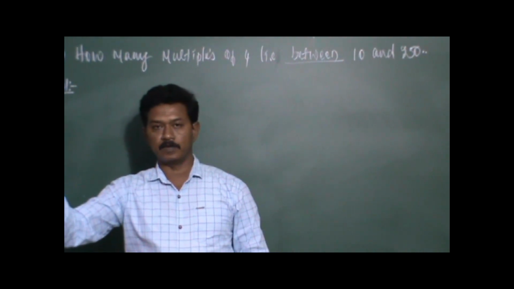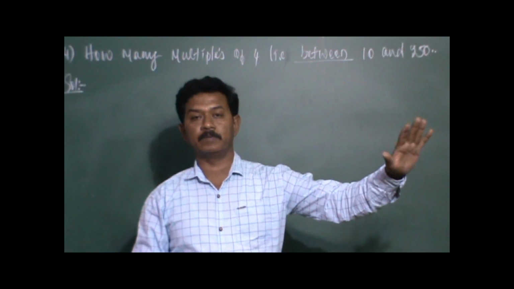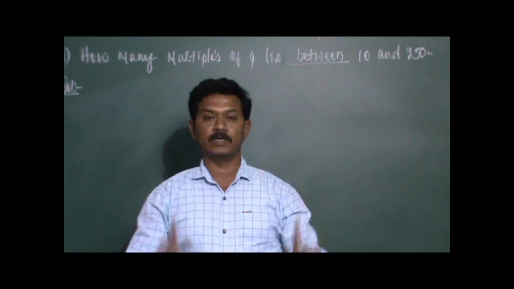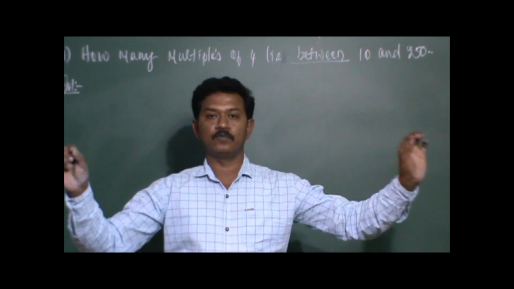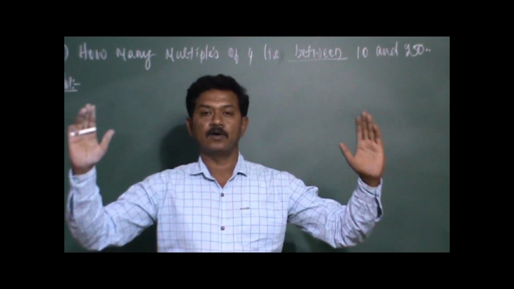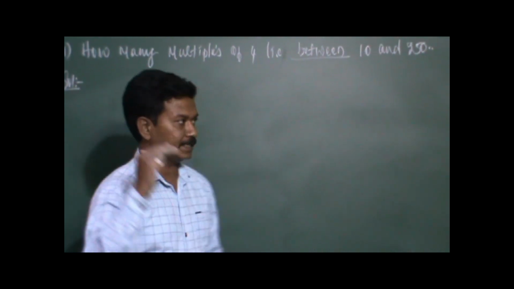So if 10 is a multiple of 4, you should not take it. If suppose 250 is a multiple of 4, you are not supposed to take it, because he has mentioned the word very clearly, in between 10 and 250. So excluding 10 and 250, we have to consider all other numbers which are multiples of 4. So leaving 10,